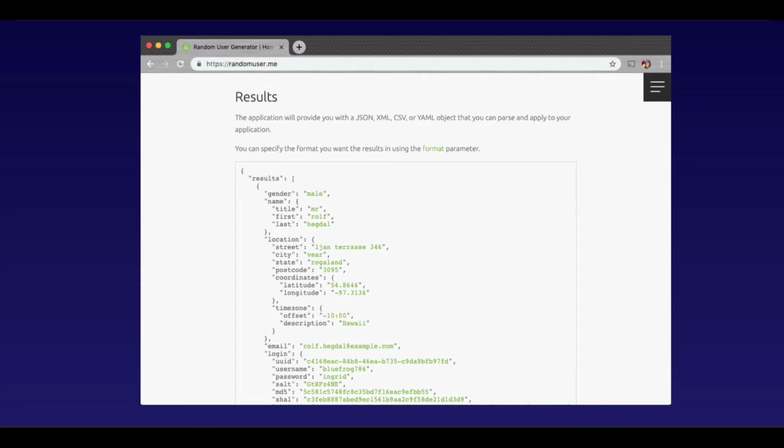Now I'll provide a link to this API in the resource section, so you can use it throughout this lab. But what you will do is call this API, you will get information about a user back, and then you can use that within this lab. So when you make a call to this API, you will get things like their name, their gender, their location, and other information about this dummy user data.